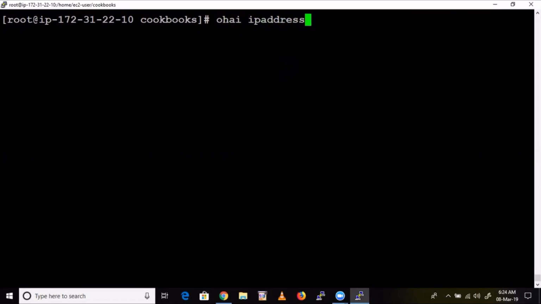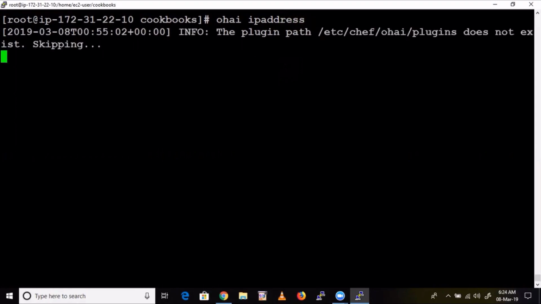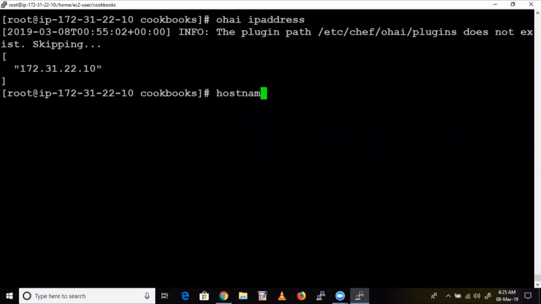Even if you don't remember the complete word, you can use this star here. That's a wildcard. Any word starting with IP-add, like that. So IP-add, star. Here it is giving the IP address from the Ohai store. Now, what is our base Linux command to see the IP address? hostname space minus I. That is the normal Linux command, right?